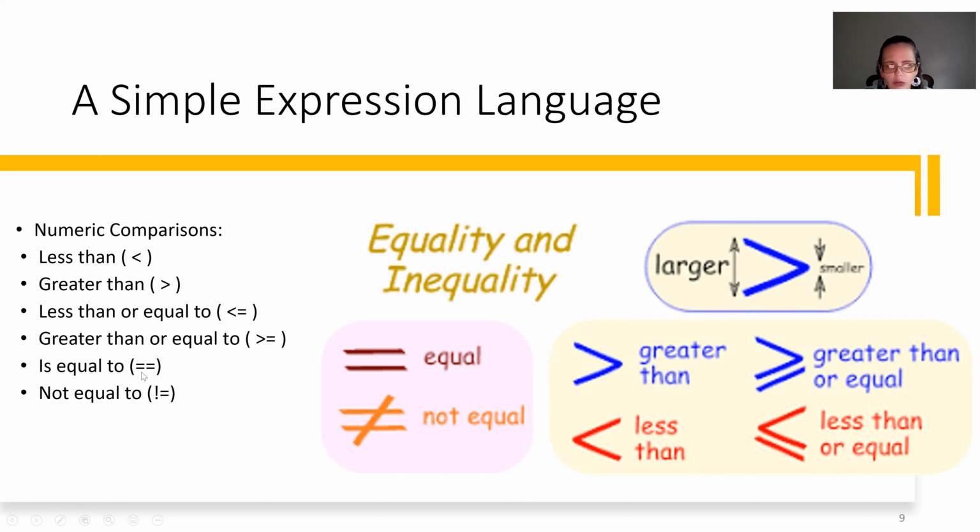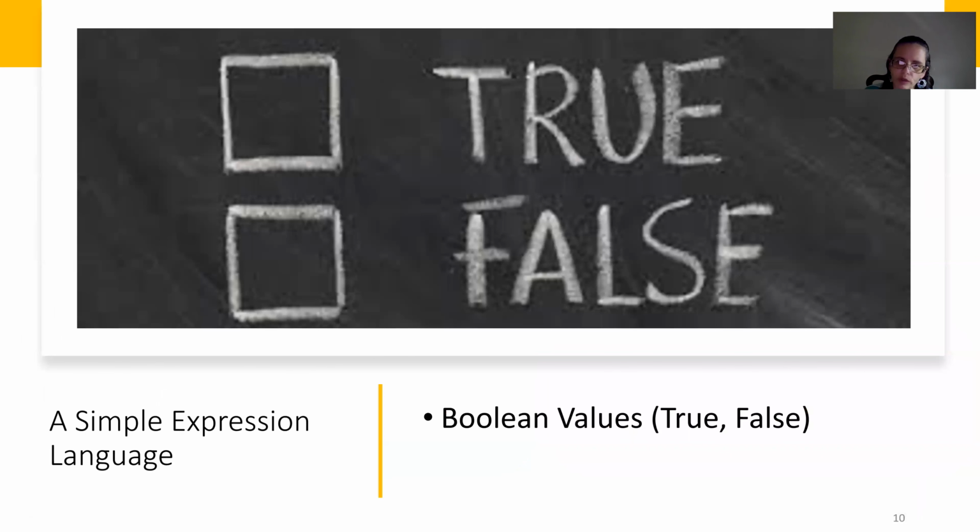I'll also point out that the double equal sign should not be confused with the single equal sign. The single equal sign is used to assign some value. So if you want to say x equals 1, you would use a single equals, whereas the double equal sign is going to ask the question, are these two things equal? Notice that all these expressions will give back a Boolean response, that is true or false,